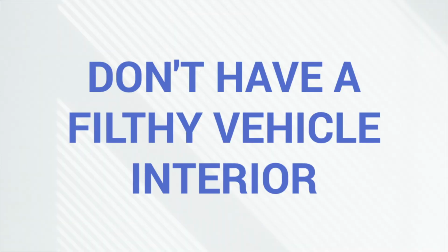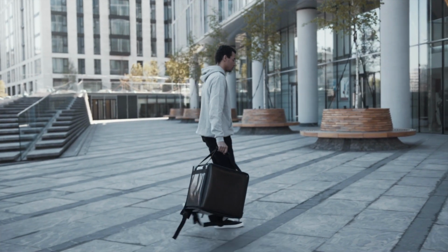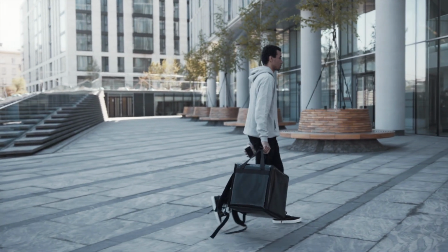Number 3, please don't have a filthy car. And you can kind of get away with this on pretty much any other app. Here's why it matters for Uber Eats. Uber Eats, again, unlike most every other app, really is asking customers to meet you curbside. Other apps like Postmates or DoorDash, they ask you more frequently to deliver to the customer's door, the apartment, what have you. So if the customer is meeting you curbside, I'd say, 85, 90% of the time,